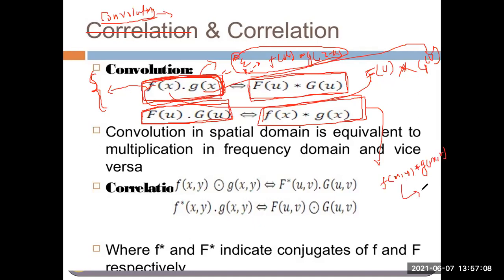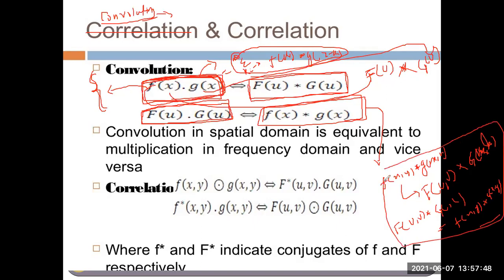Now what is the resultant? I will find the Fourier transformation of the first signal, then I will multiply this with the Fourier transformation of the other signal. Similarly, the reverse is also true for two dimensions. If you want to find the convolution of these two signals in the frequency domain, that will be equal to the multiplication of these two signals, f(x,y) into g(x,y). So this is called the convolution property.